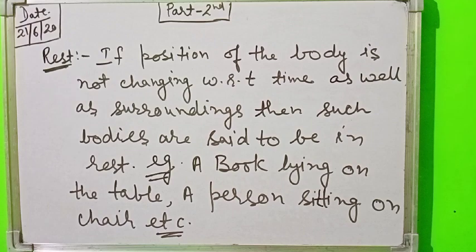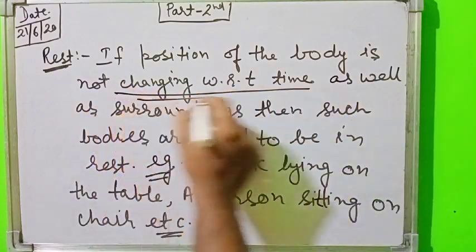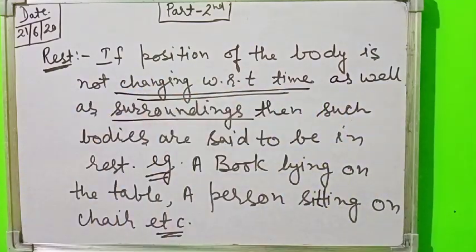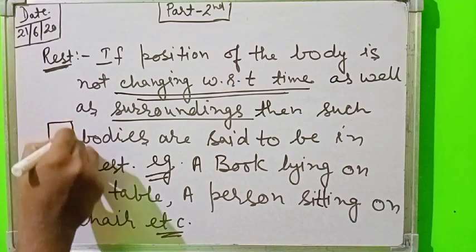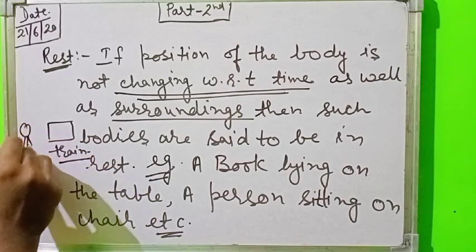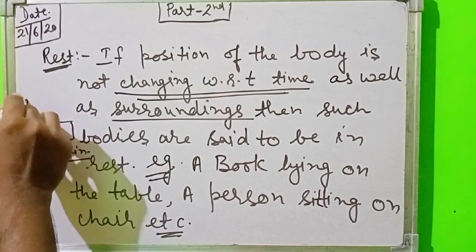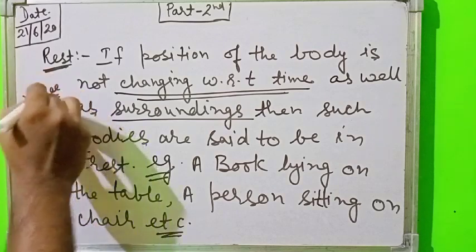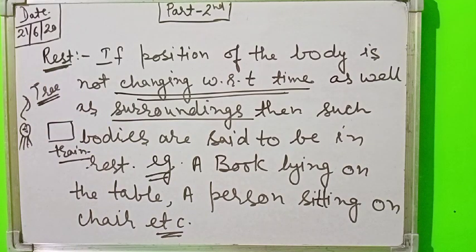lying on table. So in the previous video we had discussed about the position of the body not changing with respect to time, as well as its surroundings. What is the meaning of surroundings? Suppose you are sitting in a train, you are in the train and a tree is outside. You are looking at a tree which is surrounding you, and as the time passes,